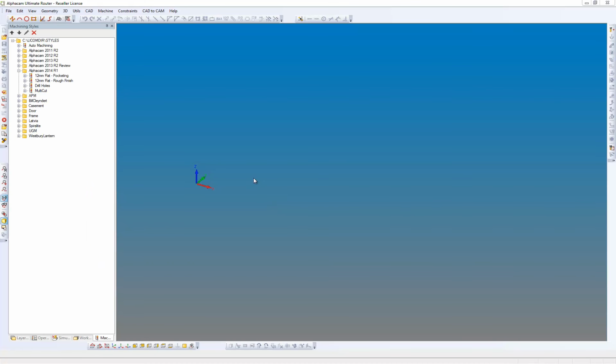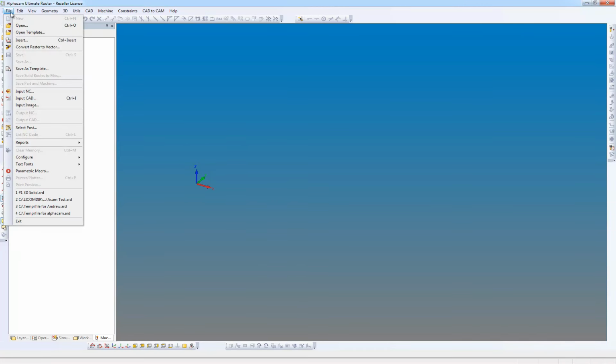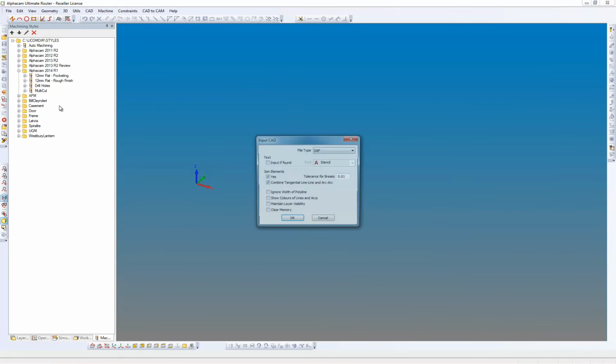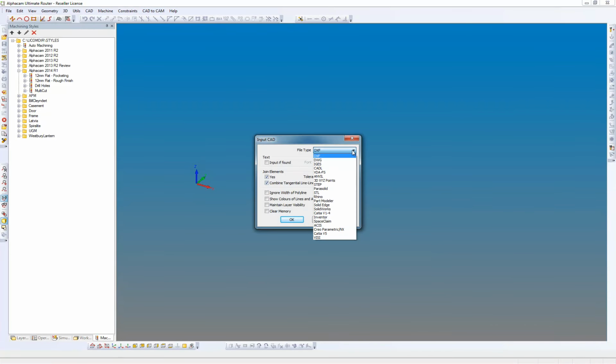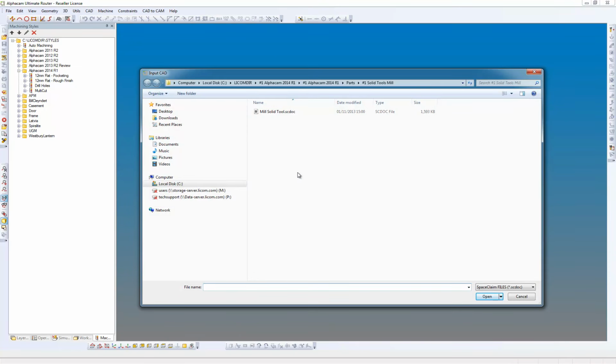So we're going to go to the File menu, and we're going to go to Input CAD, and on the file type list we can see we've got a new input, which is Spaceclaim. We can say OK to that. Here I have a Spaceclaim file, which is scdoc, Spaceclaim doc. If I right click on this and open,